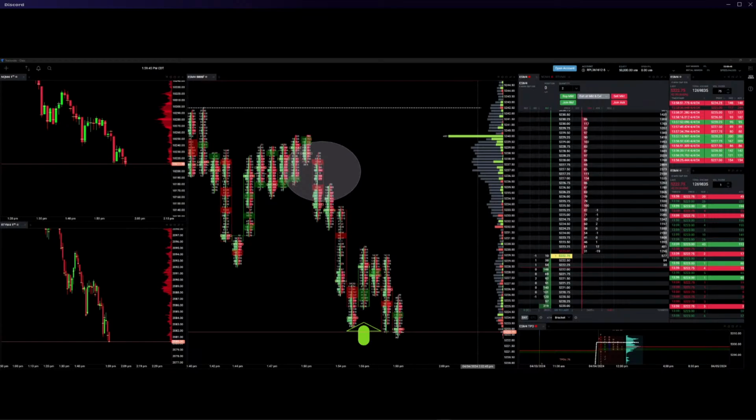If you don't have the knowledge yet to read the DOM effectively, to read tape effectively, to read footprint effectively, then you have no business trying to play small counter-trend scalps in the opposite direction of the overall trend, because you don't have what you need in place to have a solid trade plan. So again, find your levels, find previous areas of value, understand where we could go, where we are, who's in current control. Understand the invalidation level. You need at least a general sense of these things if you want to try to catch a reversal,